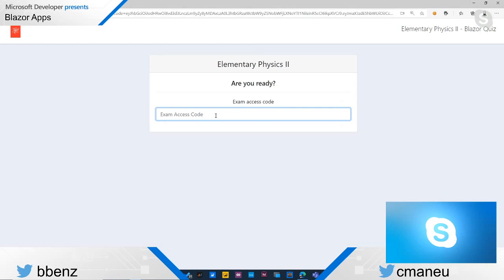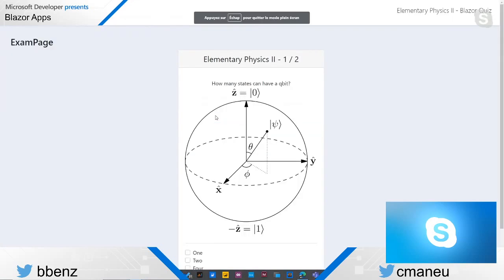So my idea was basically that every student goes on a Teams call, and when everybody is at this stage, I can shout out loud an access code, and people will start entering this access code. And so at the same time, more or less 1 or 2 seconds, they enter the exam at the same time. So I will enter the exam code, and boom, the website goes full screen,